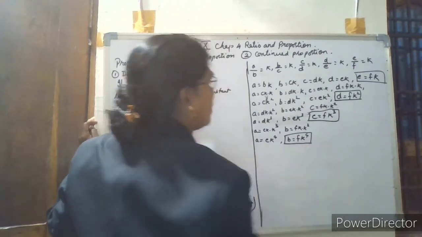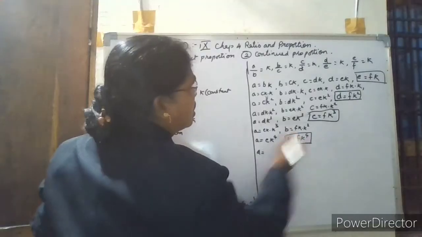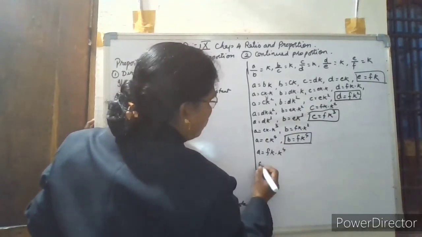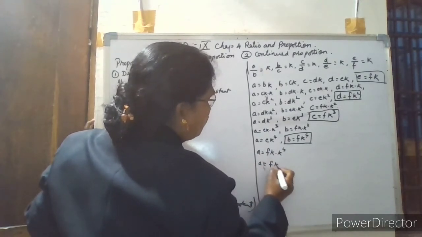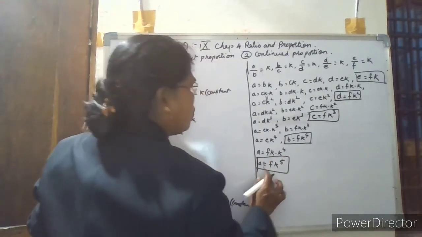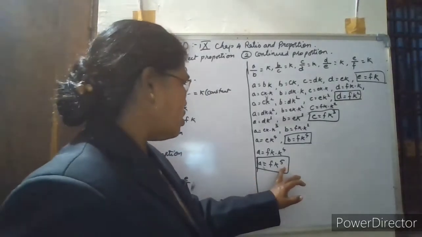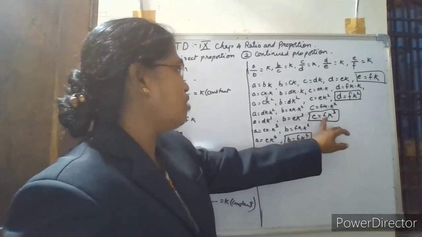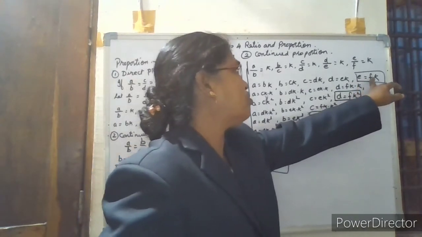We won't get any more values of B. But A value is equal to E value, which is fk, fk into k raised to 4. So A is equal to fk raised to 5. This is the ultimate value of A. So we have got the ultimate value of A is equal to fk raised to 5, B value is equal to fk raised to 4, C value is equal to fk raised to 3, D value is equal to fk squared and E value is equal to fk.